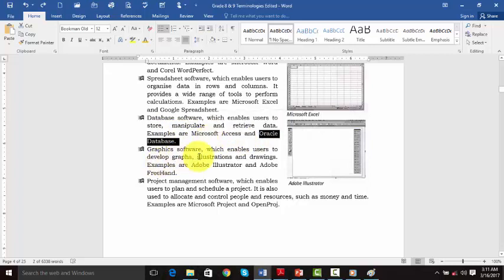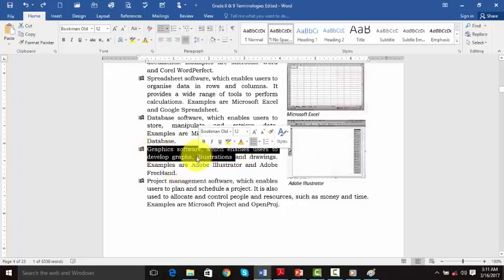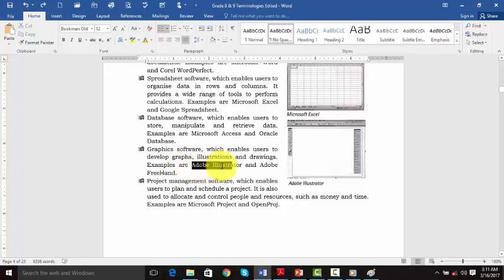Now, graphics software enables users to develop graphs, illustrations, and drawings. Examples of these graphic softwares are Adobe Illustrator, and also we have Adobe Freehand.